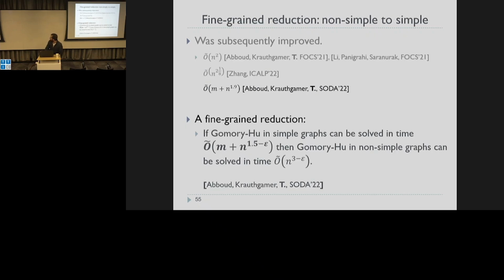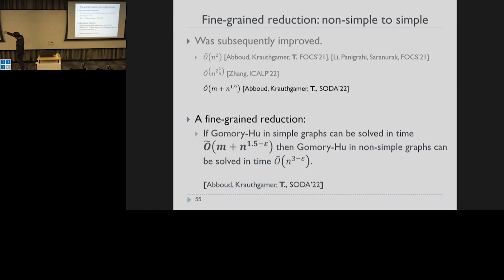Right, and then here, again, how fine-grained complexity helps, how it guides us in finding new algorithms. So,